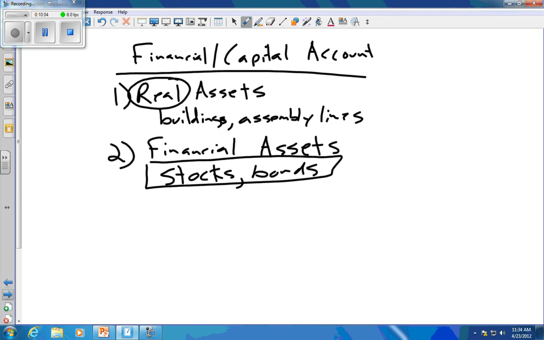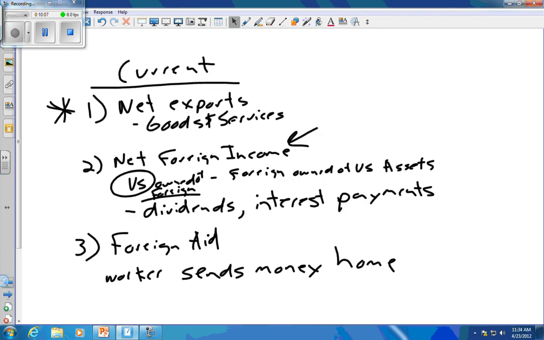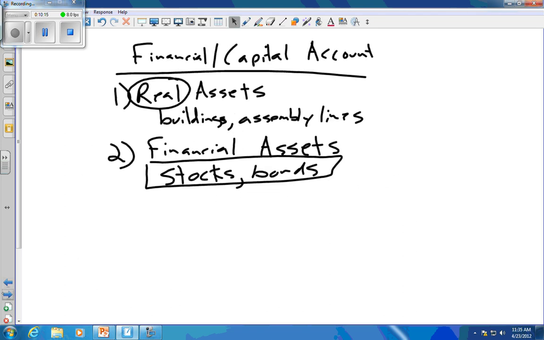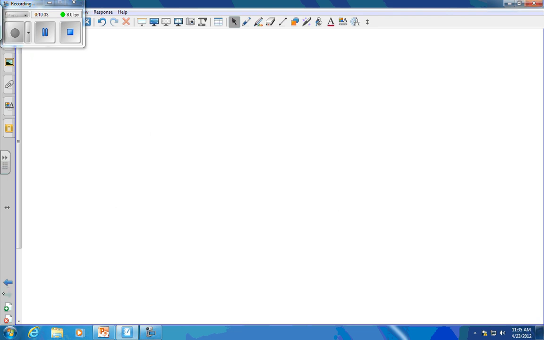Now, this is a little tricky because if you look back at the previous slide here, the payments on stocks and bonds are counted in the current account, but the actual stocks and bonds themselves count in the financial account. Okay, so that's where it gets a little tricky, but I'm going to give you a little mental aid, if you will, something to help you determine whether something should be in the financial account or the current account, because ultimately on the AP exam, what they tend to do is list a couple of things and expect you to determine whether they're in the financial account or they're in the current account. So very briefly, the current account, little rule of thumb here, are things